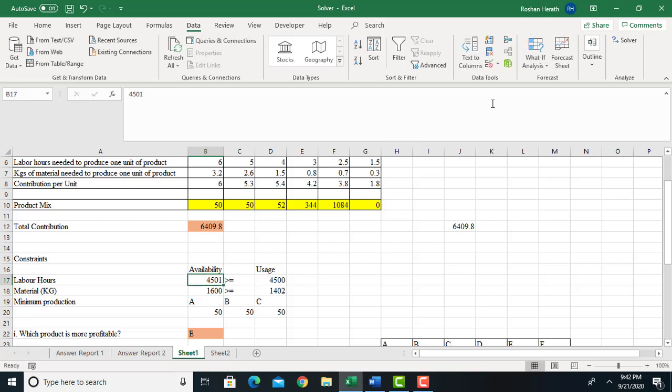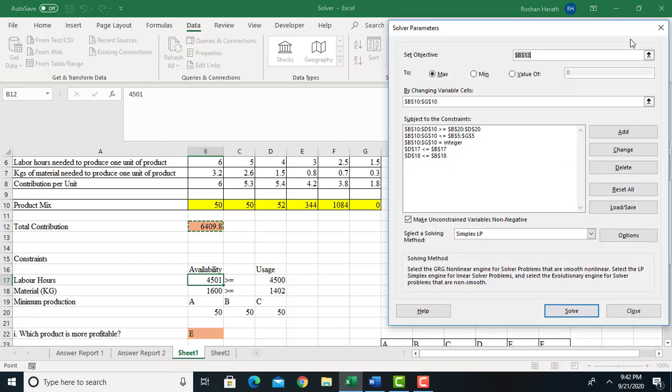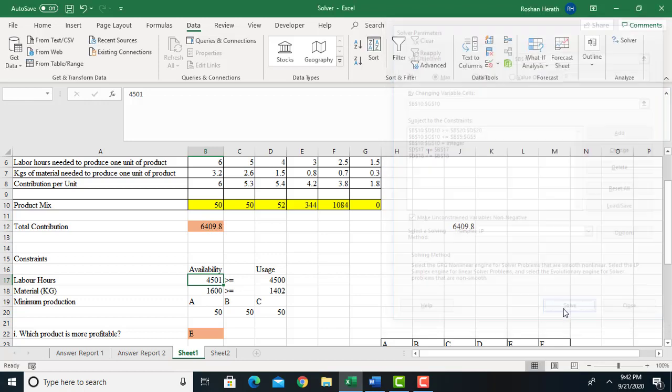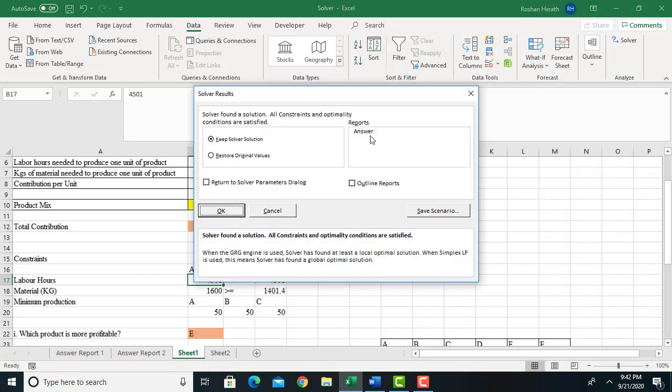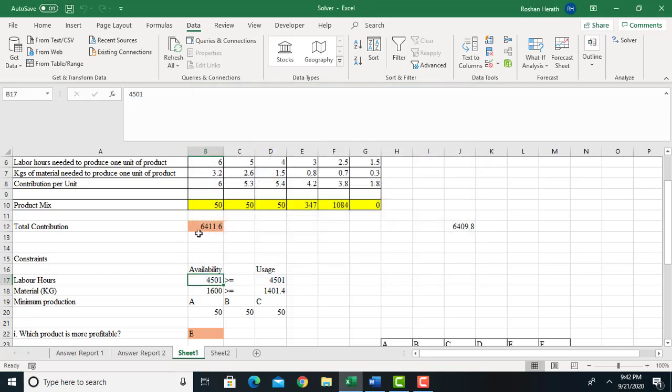Right? Then run the solver again. So having changed that, you can ask the solver to run. We do not get this answer report because there would be many more. So therefore just ask to keep the solver solution. See what has happened. If you increase the labor by 1 unit, you can see the new contribution is